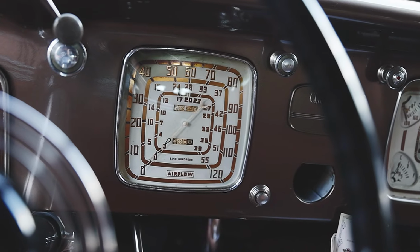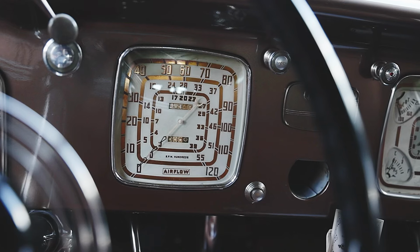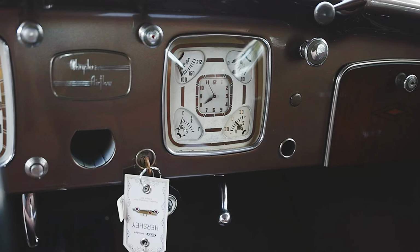120 mile per hour speedometer, and then inside of that is another gauge, 55 RPM tach. And then there's more numbers inside of that signify, I'm not entirely sure what. If you know, in the comment section below. Starter button, key, plate where the radio would go. At the bottom is the ashtray, which they took out of the cars at the auction so nobody would steal